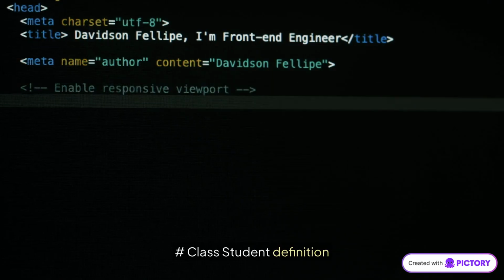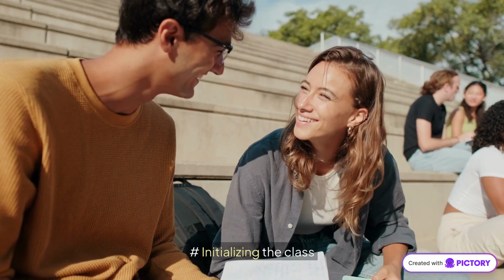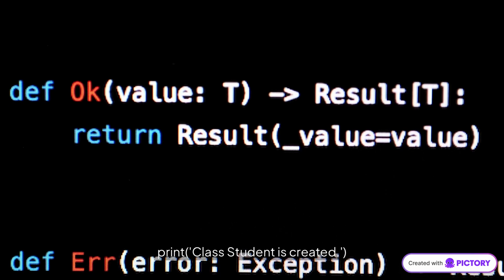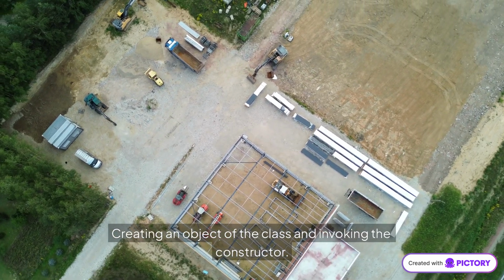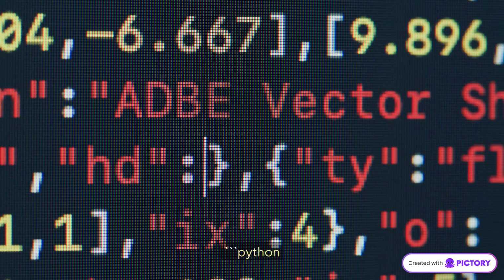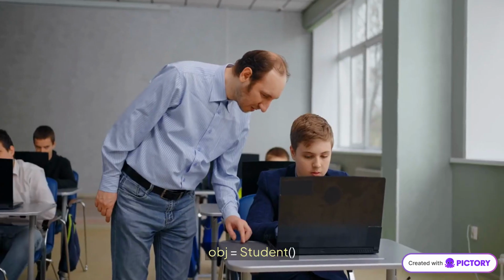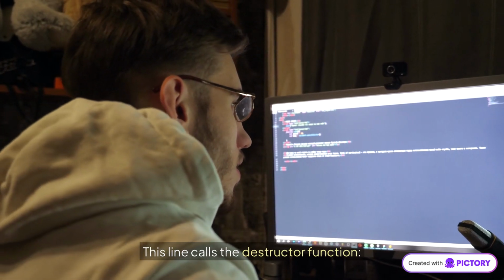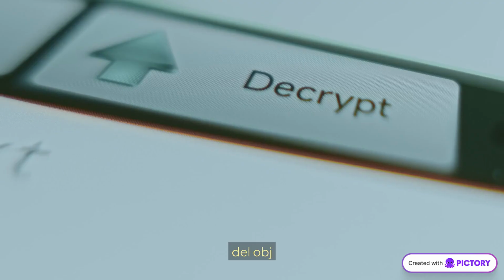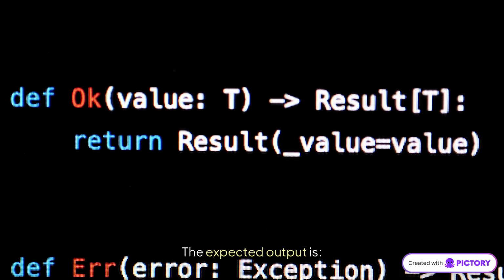Python: # class student definition, class student. # Initializing the class, def __init__(self): print("class student is created"). # Destructor definition, def __del__(self): print("student class is deleted"). # Creating an object of the class and invoking the constructor, obj = student(). This line calls the destructor function: del obj. The expected output is